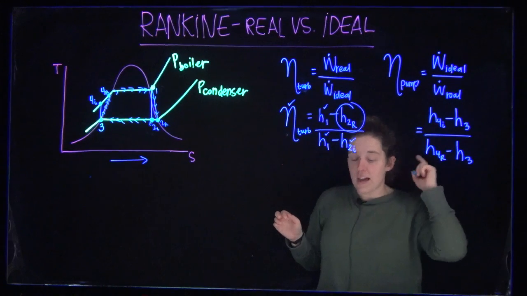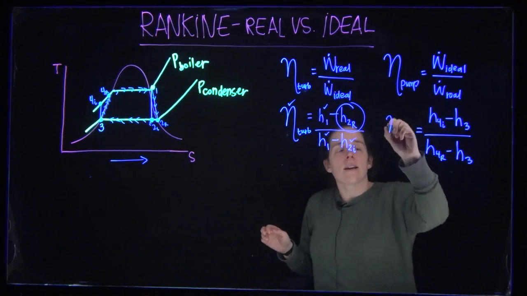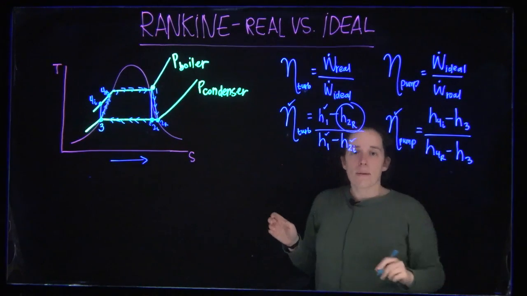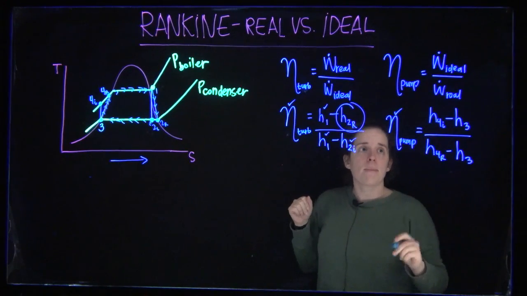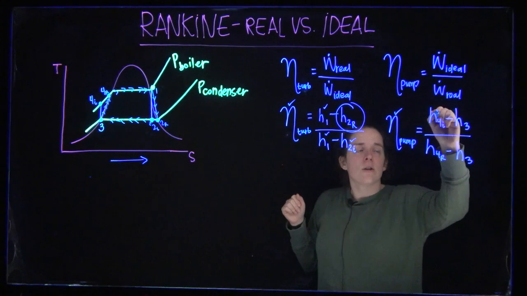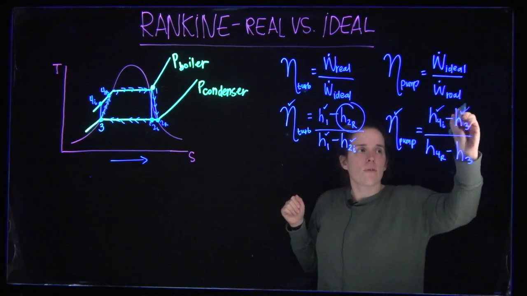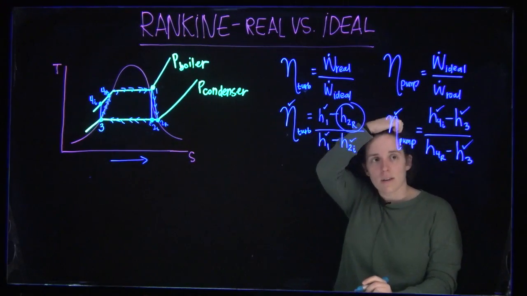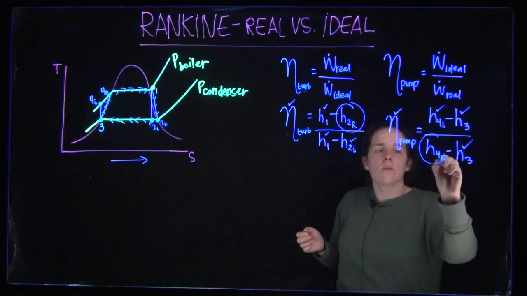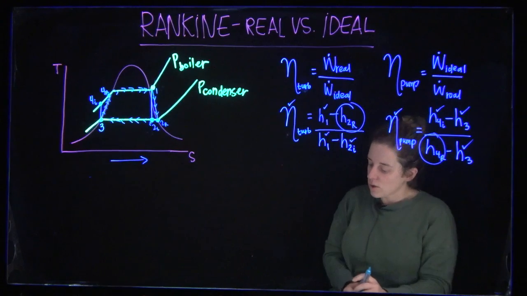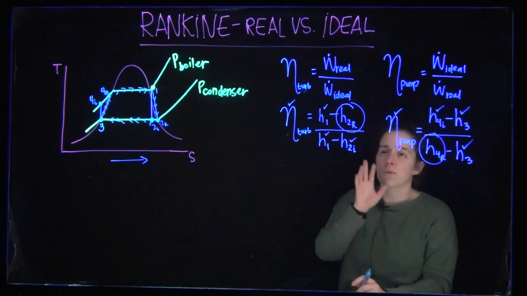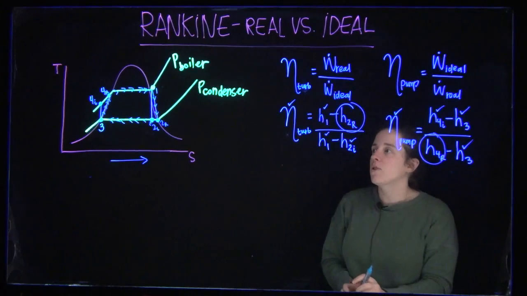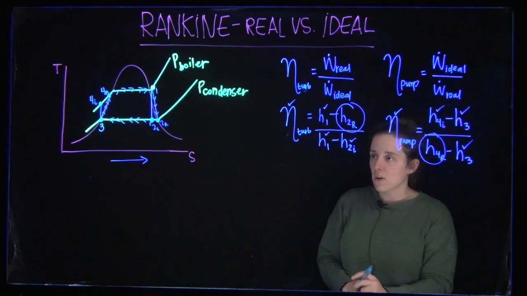And so because of that, and again here, this is going to be given by pump curves provided by the manufacturer. You can find H4 ideal, you can find H3, and H3 is again on the bottom, so your only unknown is H4 real. So you are able to calculate this. And the reason we do this is because you have to account for friction. It gives you a more realistic view